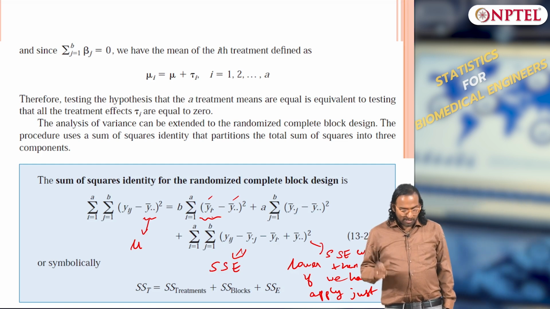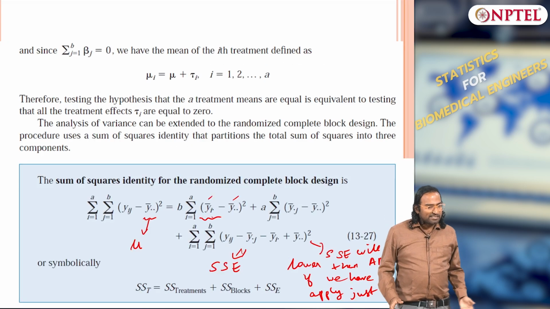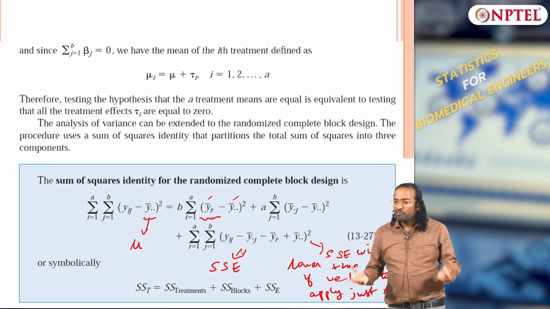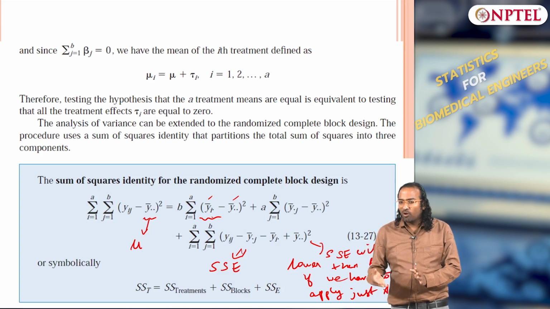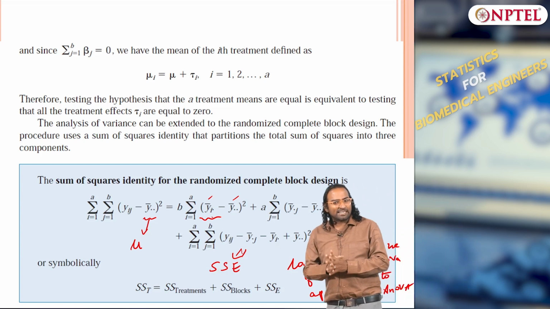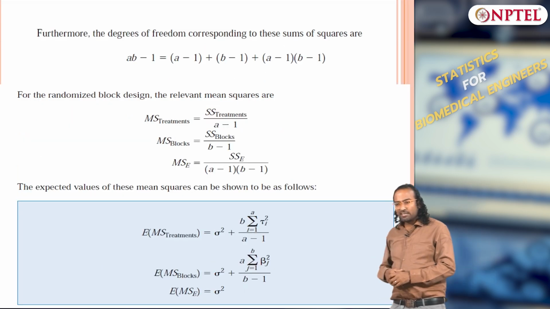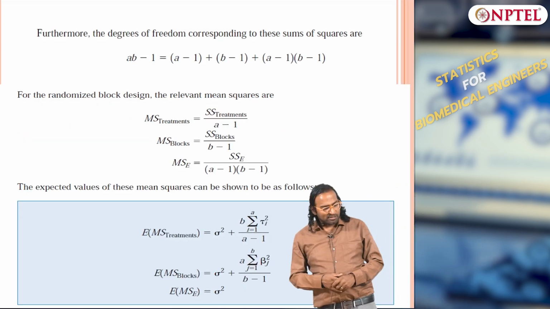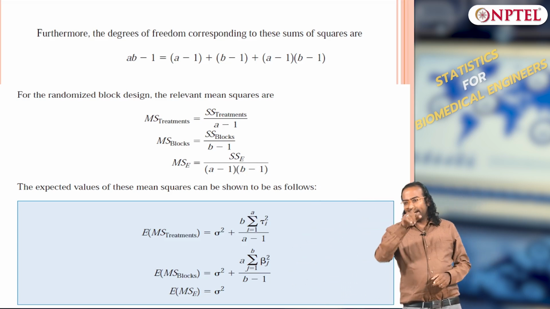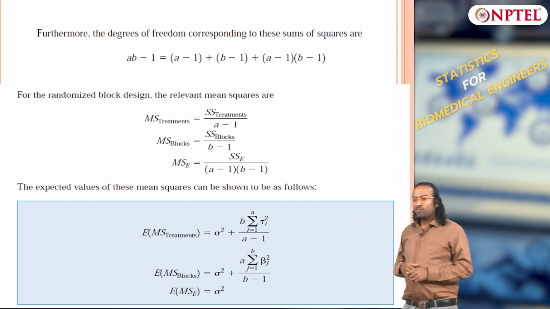Now just like we did in ANOVA, we will have to look at the degrees of freedom and then the mean square error, mean square treatment and mean square block. Once I know that, then I can take the appropriate F test. You understand, it is a direct extension of ANOVA. So what are the total degrees of freedom? A times B, that we can call capital N or whatever. AB minus 1 is the total degrees of freedom.